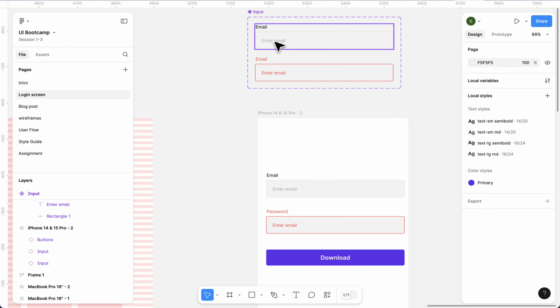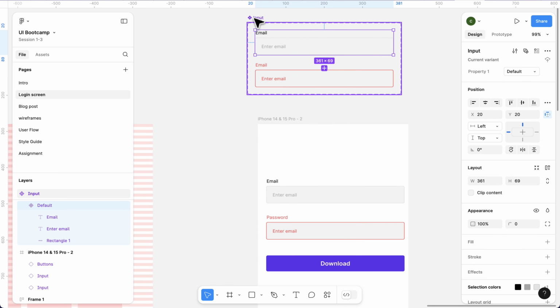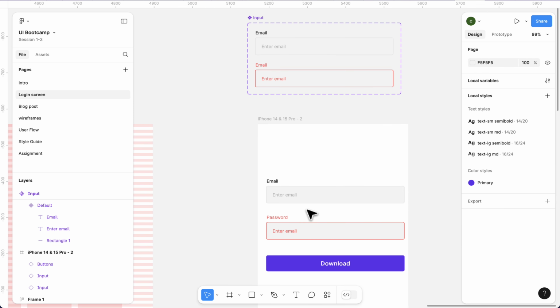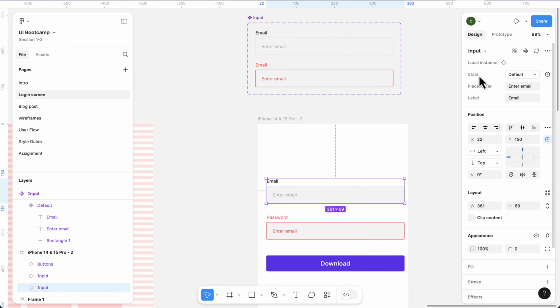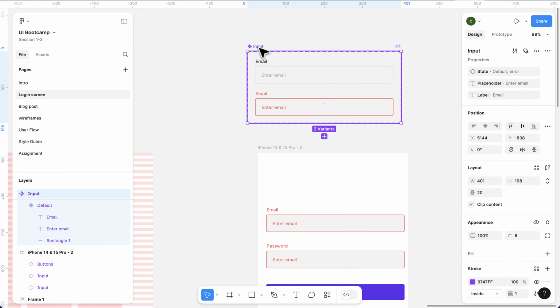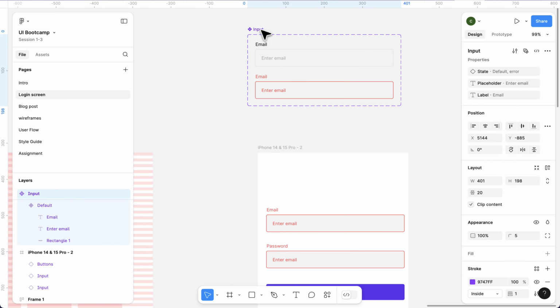So let's make this even better. Let's select our input component, and where we're having property, we can just change this to state. If I select this, instead of having property 1, you see we have state. So this is the default state. If I select this, I can have and then an error state. So we can click this and then drag this to the top a little so that we can add one